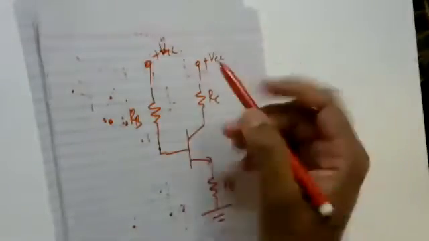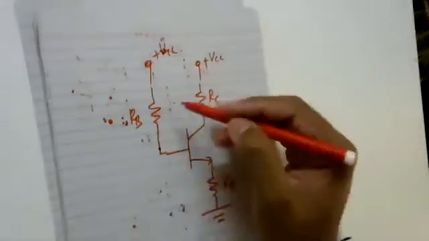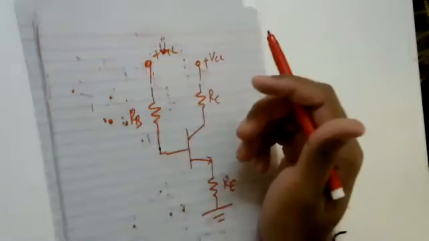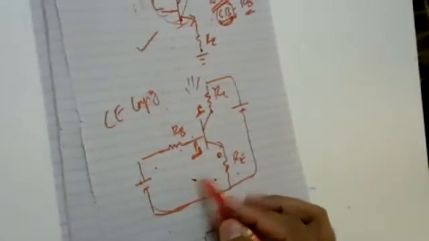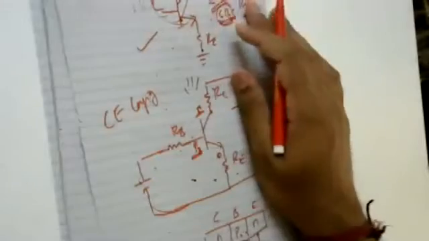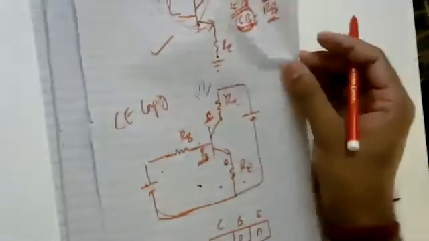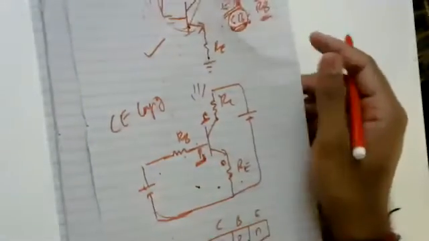So you should not feel that when the circuit is being shown like this, it is some new kind of circuit. This circuit is exactly same as the circuit which is represented here, which is exactly same as the circuit represented here. These are the various forms in which a circuit can be drawn. Now we'll write the equations for this particular circuit, which will help us to analyze the circuit.